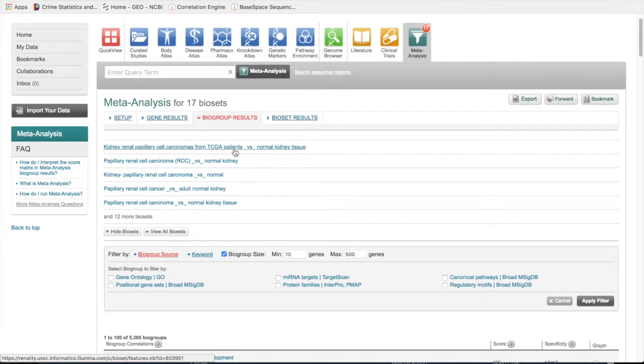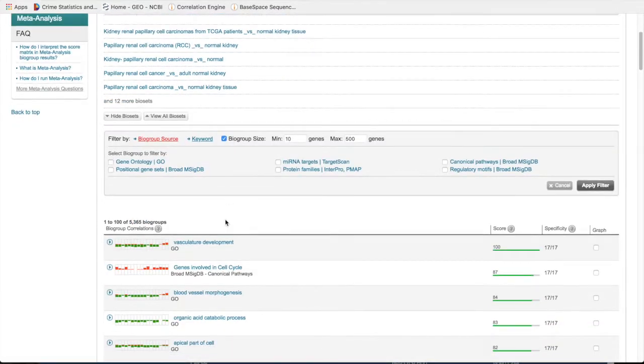Given down below are some of the biogroups and pathways we found overrepresented in our meta-analysis. These are the databases that Correlation Engine is using to define these biogroups. And this is a filterable list. So say I only want to look at genes associated with pathways. I could click on Gene Ontology and say canonical pathways from the Broad Institute, and that will pull out all